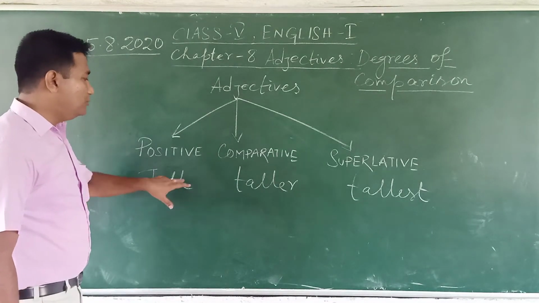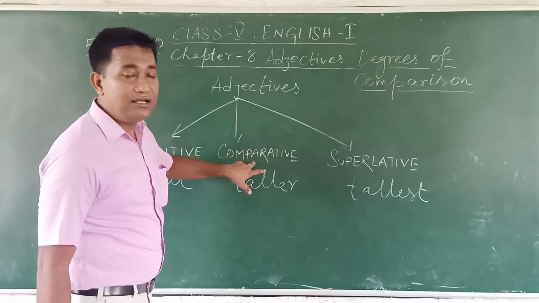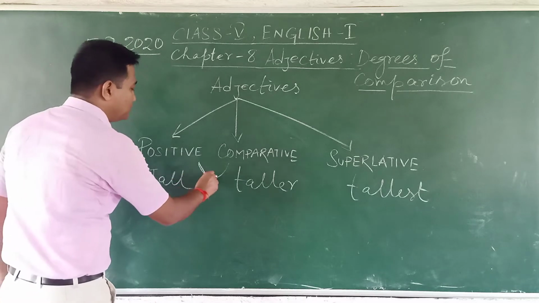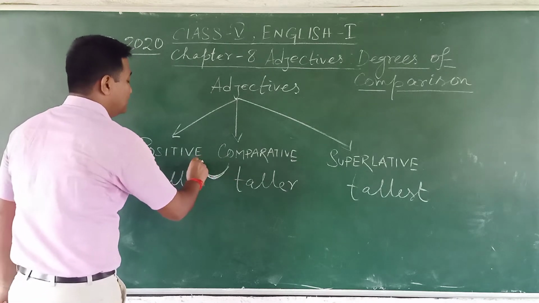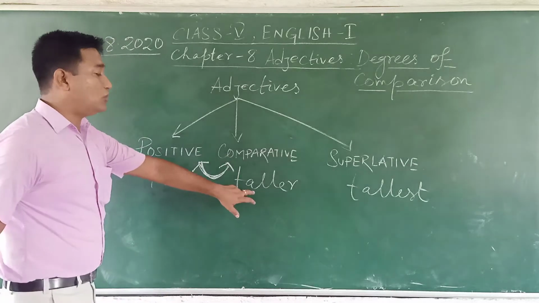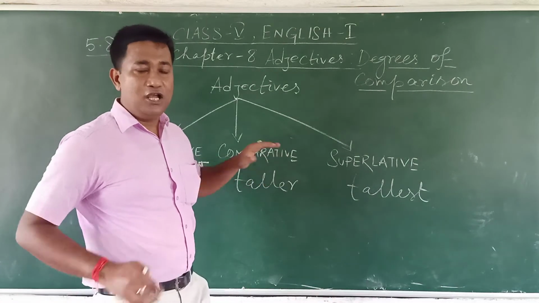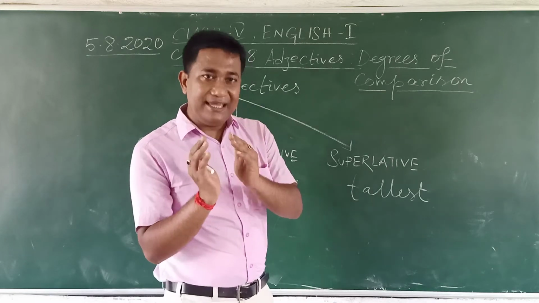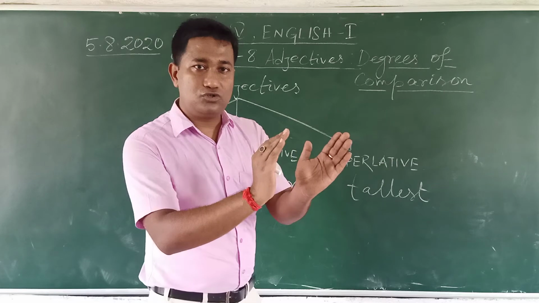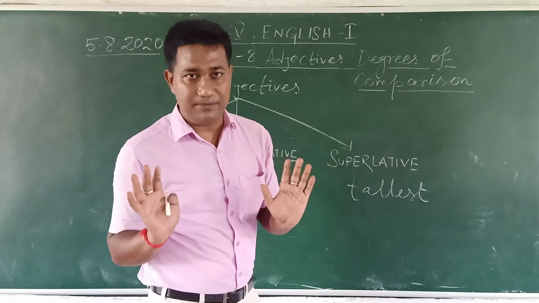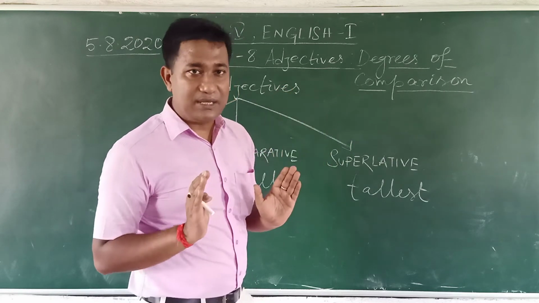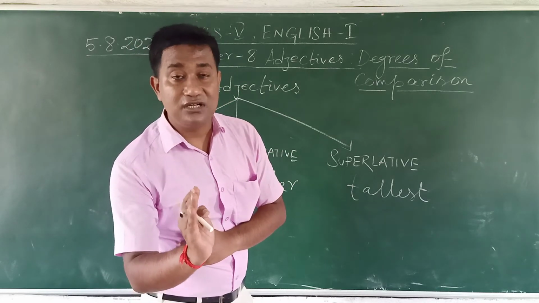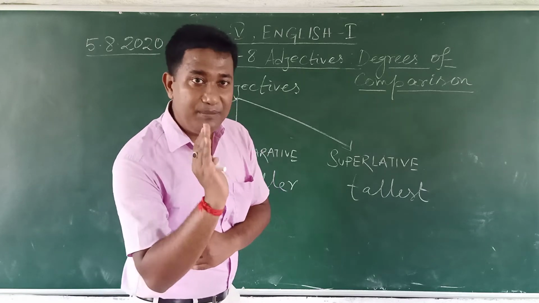Then from tall, we get taller, and that is in the comparative sense. Whenever we are comparing these 2 things, we use this taller part. That is the comparative part. From this comparative part, we get the idea that we are comparing 2 nouns, 2 things. We are not going into details, but just keep in mind that in the comparative degree, we need to make a comparison between 2 nouns.